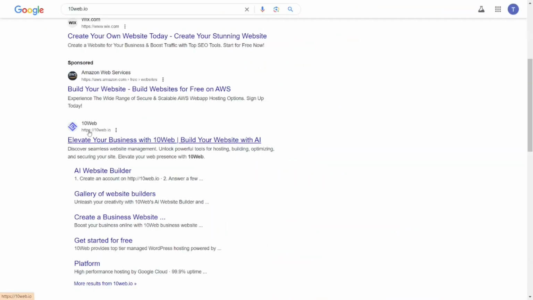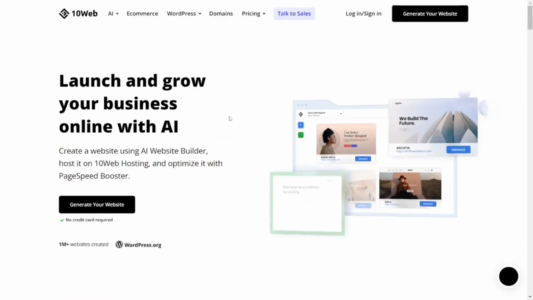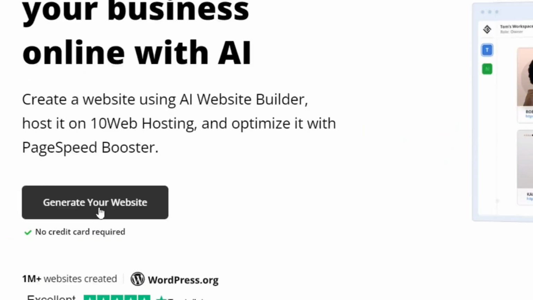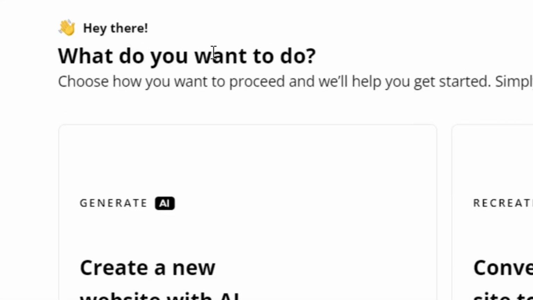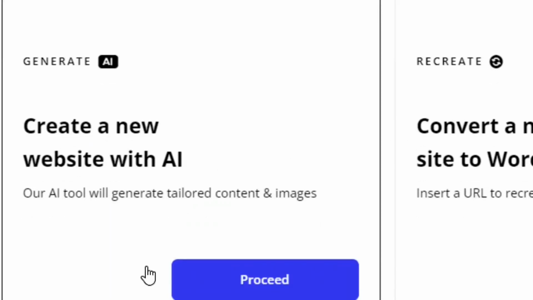then hit enter. When it comes up, simply select the 10web official website, and it's going to bring you right here. Simply come to where it says generate your website and click on it. So they are going to ask what do you really want to do. Simply come to where it says generate a new website with AI, and then click on the